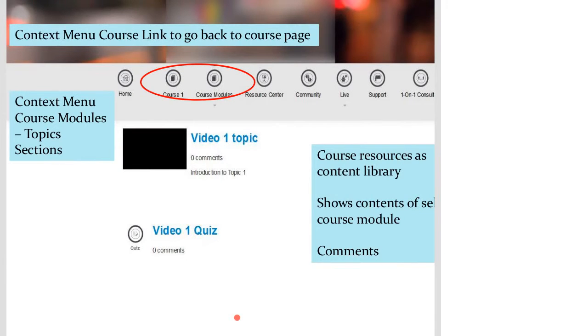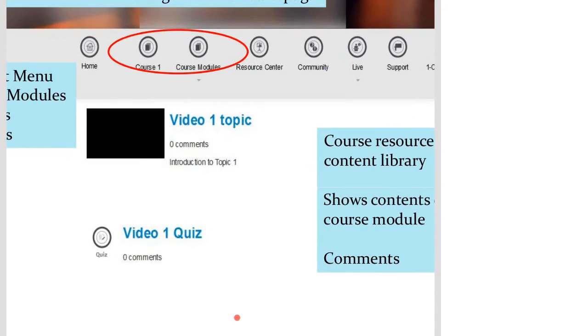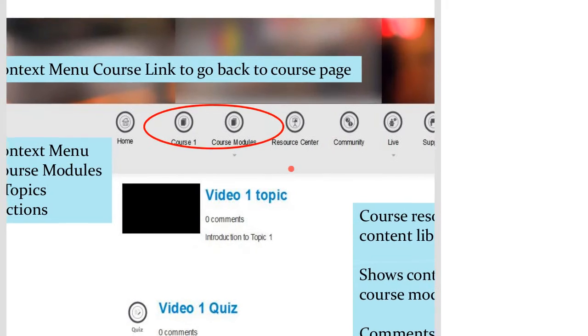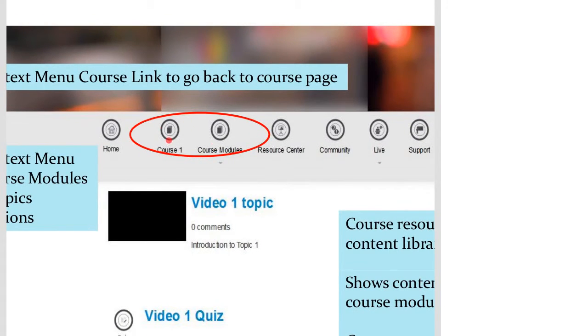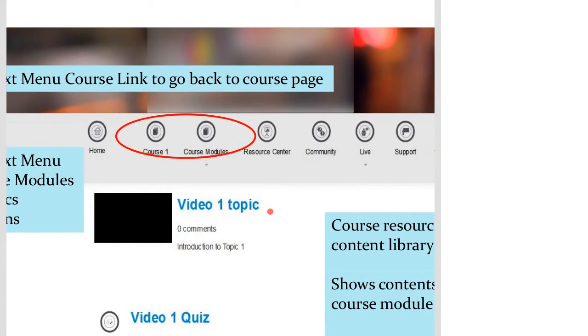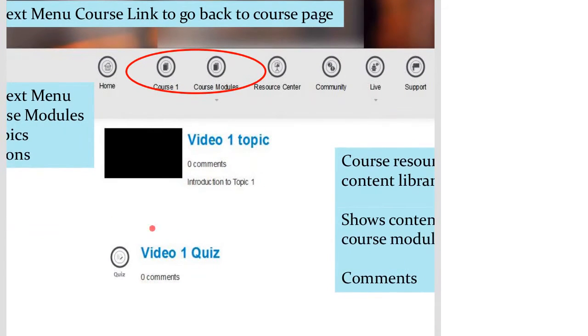So this is something which was introduced with the course format. I've highlighted this in a red oval just to draw your attention again to the menu, which is changing according to the context. We are now on what we call a section page or a module page. From the previous menu, if the user selected any course section or course module, he will be able to see all the resources under that section in a custom page.